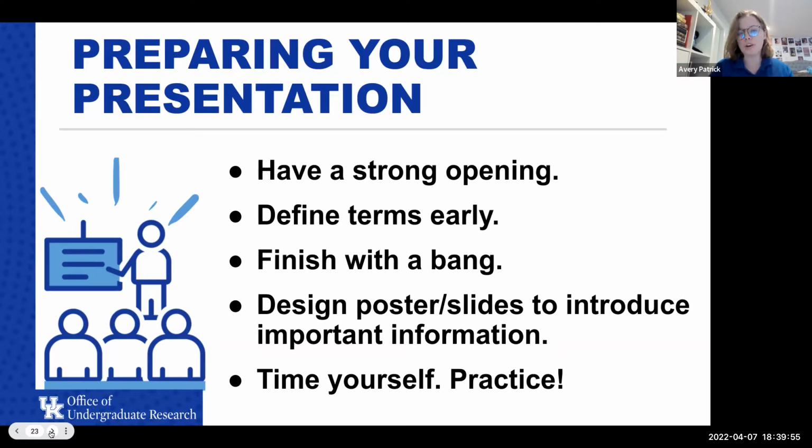Also define your terms. Like I said earlier, you might know all of these terms and use them in your everyday vernacular, but you might have a student that's just like, hey, I see this in the ballroom. What's going on? They come into your presentation and then they're like, what do you mean you're doing blank, blank, blank? I don't know what that is. So start that off